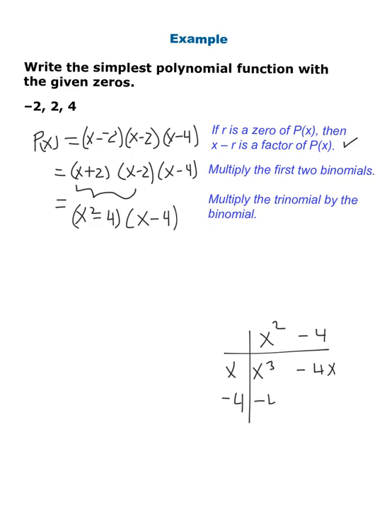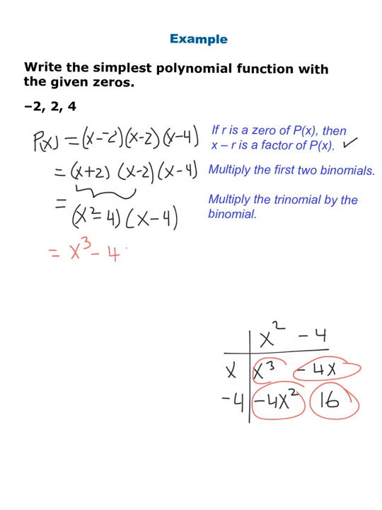This is minus 4x squared, and this is 16. So let me highlight those ones because they are the ones I'm going to write, because that's my final answer. So it's going to be x cubed